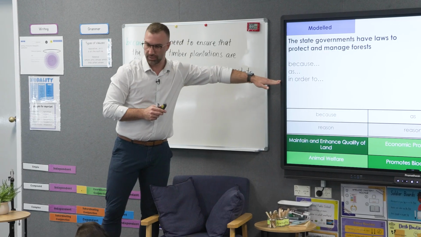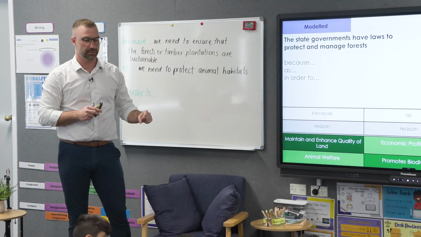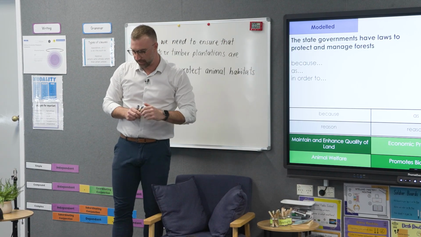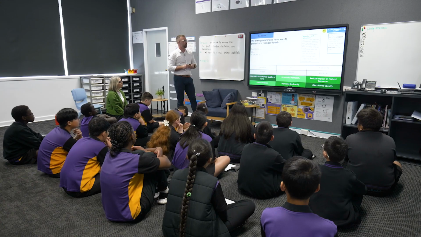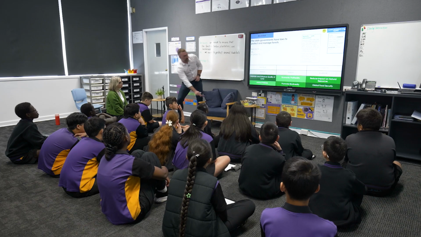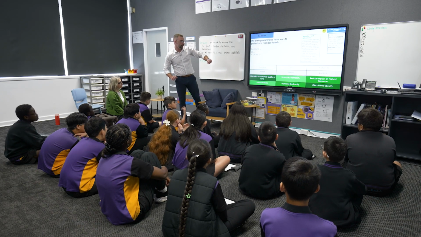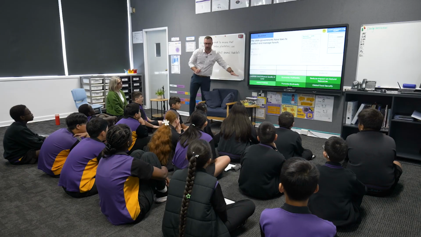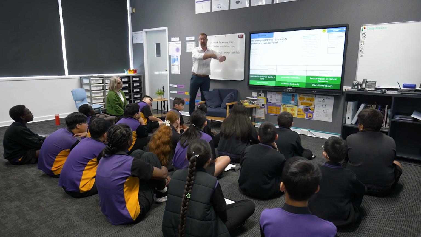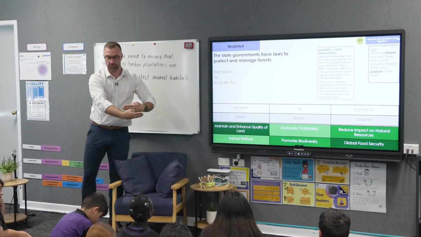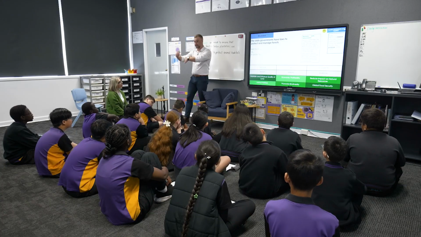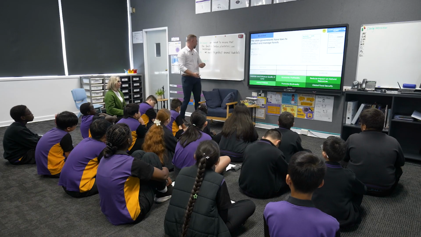Okay, in order to. In order to is a purpose. So what is the purpose of having laws to protect and maintain forests? So the state government have laws to protect and manage forests in order to, I'm going to think about kind of linking all of our 6 key principles together. When we talk about sustainable, we're talking about continuing over a long period of time. So the state governments have laws to protect and manage forests in order to keep them for a long period of time. In order to